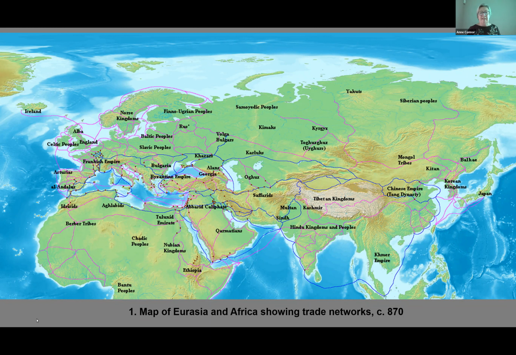So here again is an idea, also showing the trade networks that existed around the end of the 9th century, that shows that from very early on, there was an incredible network of trading routes between the East and the West, far more than we ever taught typically. But that is a good way for us to understand how both sides were influencing the other. They found a lot of coins. For example, even in England, in some of the tombs, they found some coins coming from China. So quite interesting.